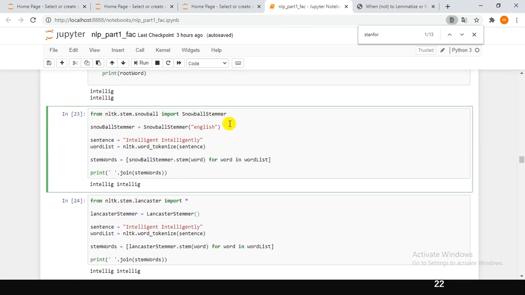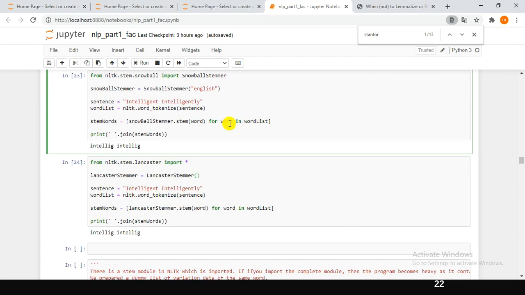Similarly, we have another package called Snowball Stemmer. In this case, this is my string variable, sentence, and here I performed word tokenize. What word tokenize does is it splits each and every word from the string. So the word list consists of words like intelligent and intelligently. These are called tokens.